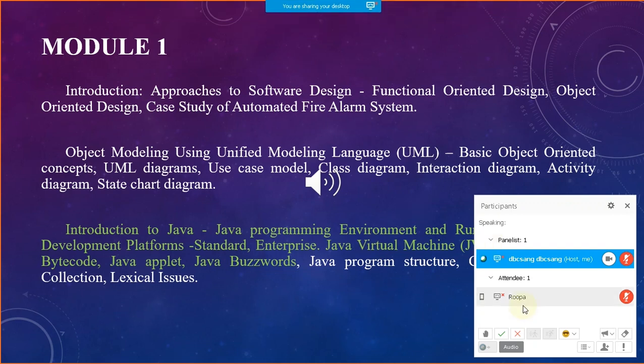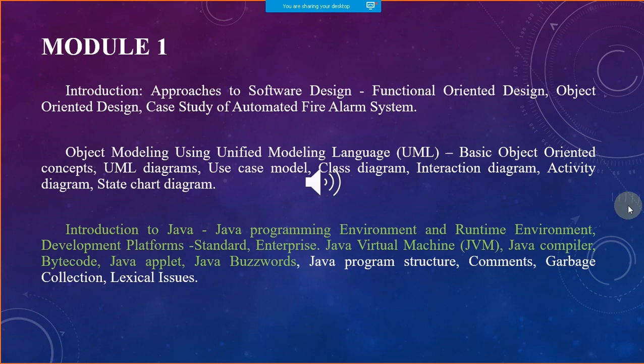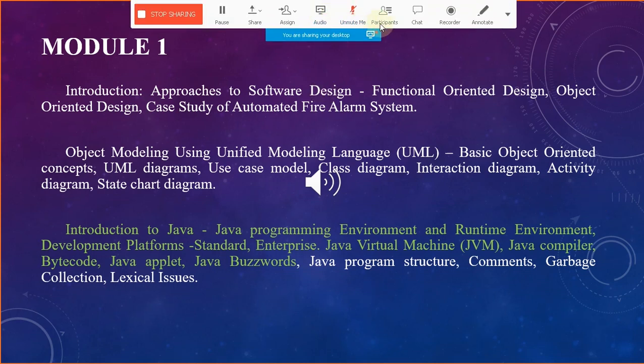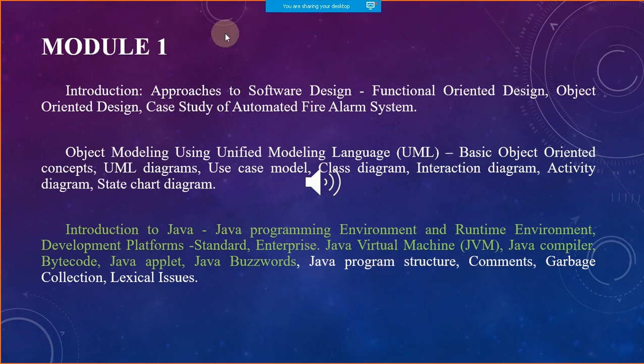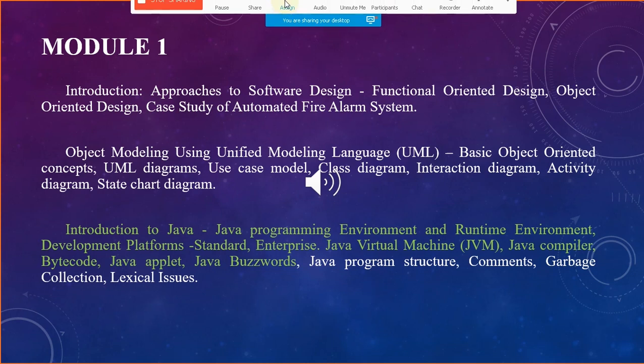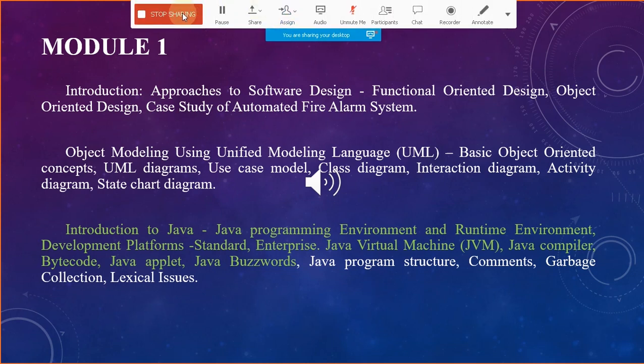Clear? So in the meantime, if I want to question somebody, or I want to see whether all of them are in the class, I can just go through it, and once I have finished checking on the participants, I can just close them. So whenever required, I can take the participants list from here. So this is how you can share. The same way you can also share your video file, you can share your audio file, any type of files you can share. Okay.